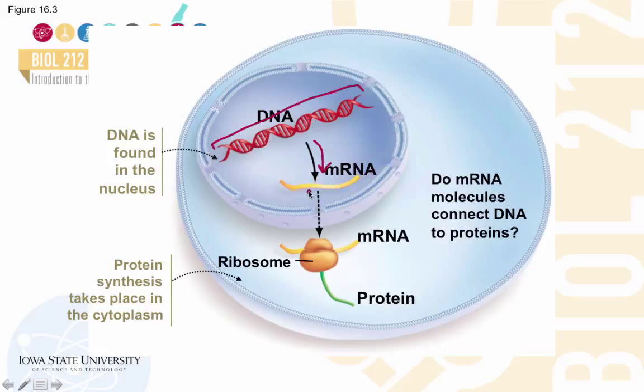Then this mRNA travels outside the nucleus into the cytoplasm of the cell, where it takes the information to the site of protein synthesis, which is the ribosome, and the ribosome translates this information to build protein molecules that perform various functions inside the cell, including